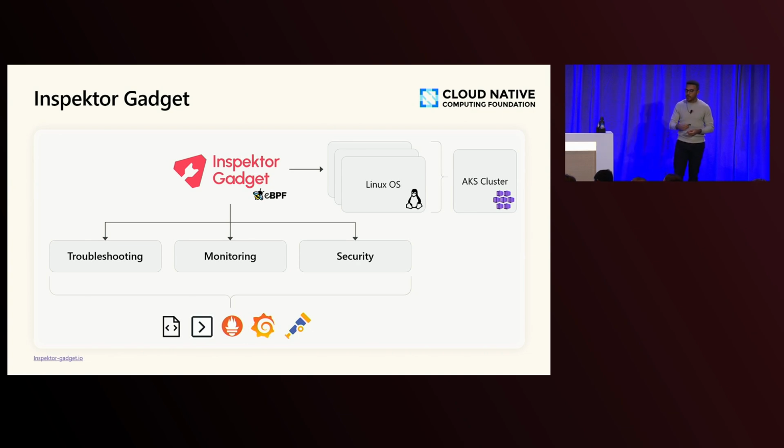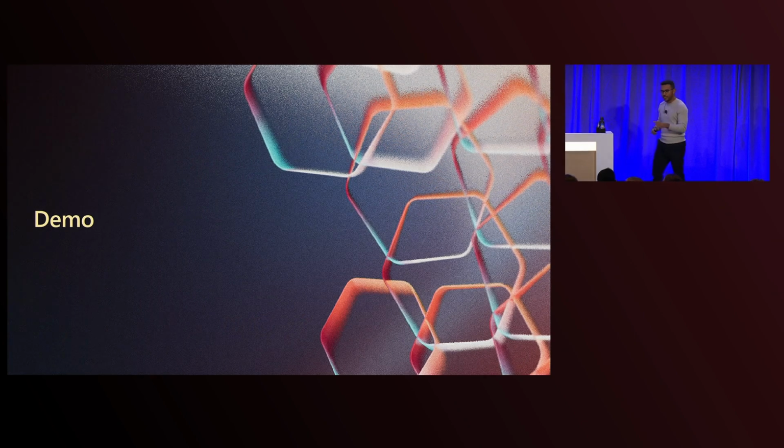Finally, one of the features that make Inspector Gadget suitable for this session is that it is Kubernetes aware. As I mentioned before, the issue of associating the output with Kubernetes resources, Inspector Gadget does that for you. Every single event that you capture in your system will be enriched with Kubernetes information, so you know that event happened in that specific container, pod, namespace, and node. That's an association you don't have to do yourself. Now, let's go to the demo to make it more clear.